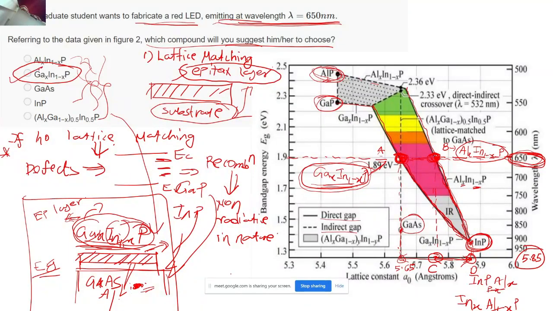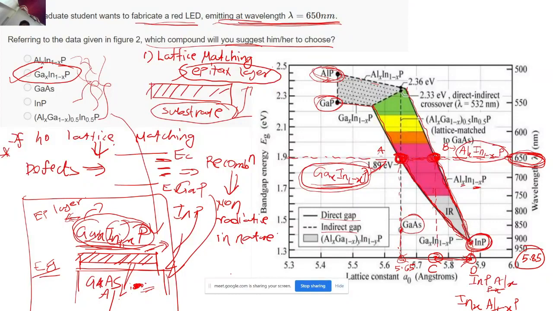Guys, was this question clear? Because there was a lot of silence when I was trying to poke you to give some hints. Is this question clear? If it is not clear, then ask me. I will repeat this question again. No issues, because this diagram is very important. Sir, please repeat, sir. Okay.